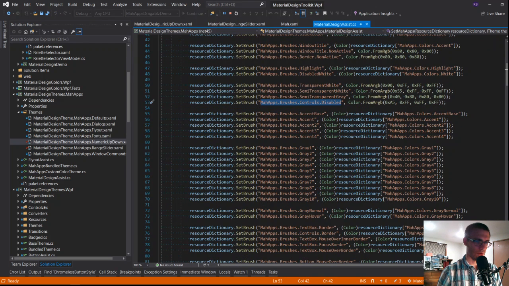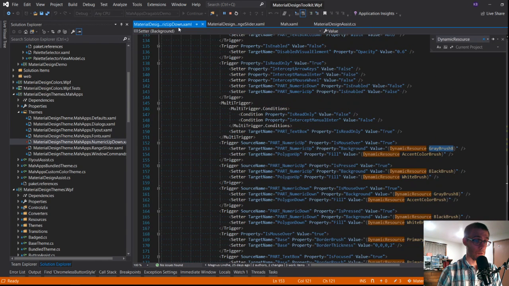So let's do... You know what we could do? Let's get fancy. So we're going to do something a little ingenious here. We're going to enable regex. Do something like this. Okay, so what this says is match on the text gray brush. \d means number, so 0 through 9, and then the plus means any number of repetitions. So it's going to match any number of digits afterwards, right? And then we are going to replace this